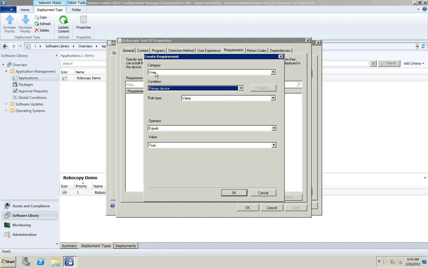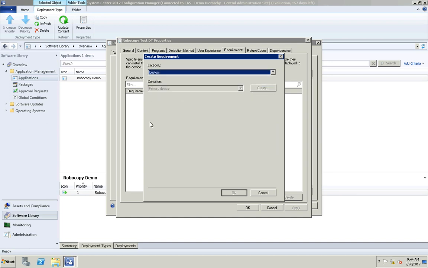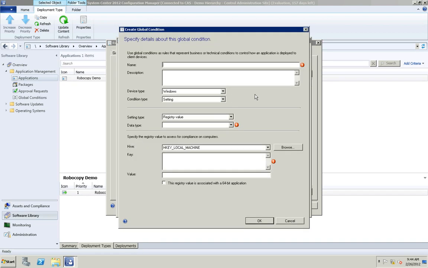Again, if you don't have something covered that you want to build in, then you can use a custom rule. Certainly I've got one here that we'll use in just a minute that I've already built. But you can create your own custom. So if you click Create and look at the drop-down of available mechanisms for creating custom rules, this hopefully will